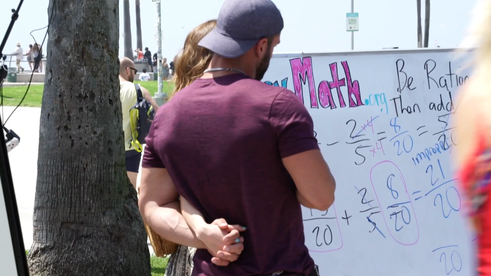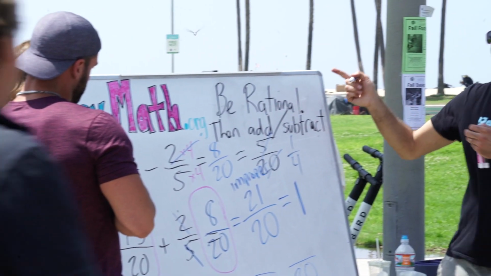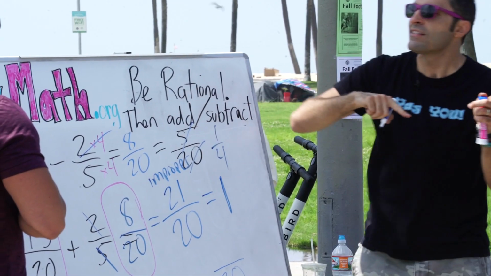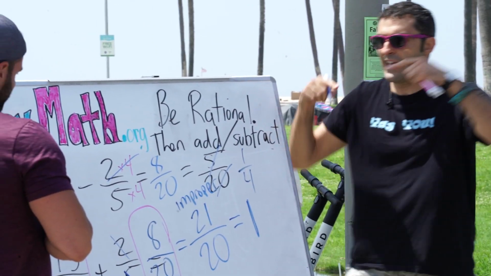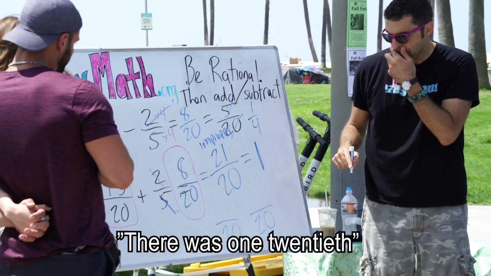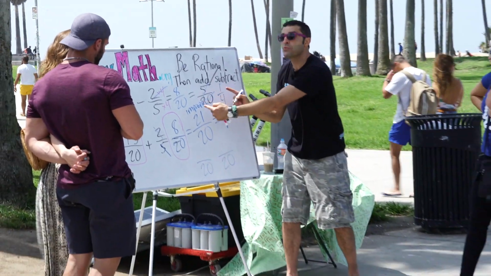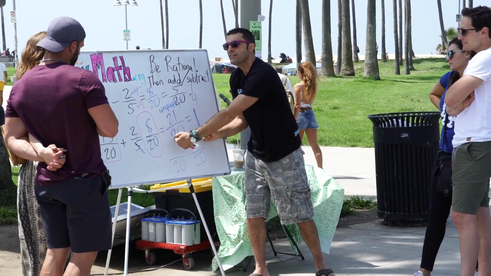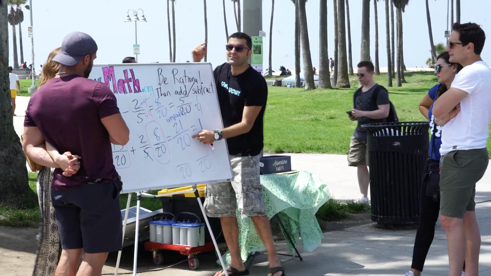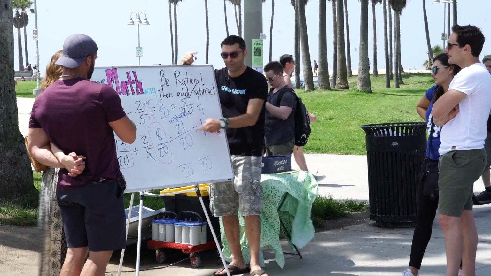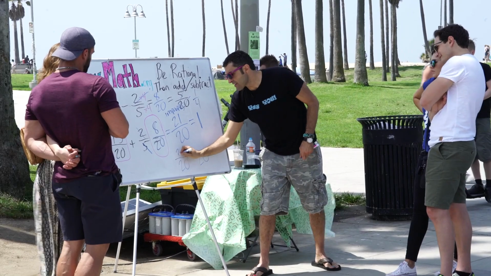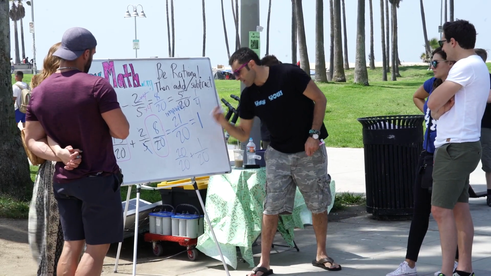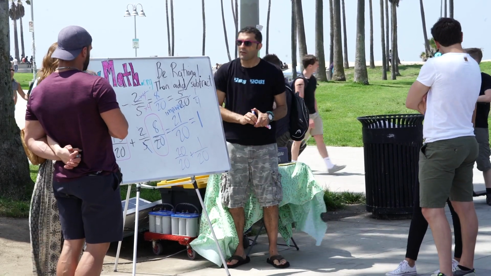That's true. You're ahead of me now. Now that you get it, I'm glad. Let's bring it back 10 seconds ago to that person who didn't get it. There was 1/20th. So how many total 20ths do we have originally? 20, 21. So what if I just decided to split them like this? Is that cool?